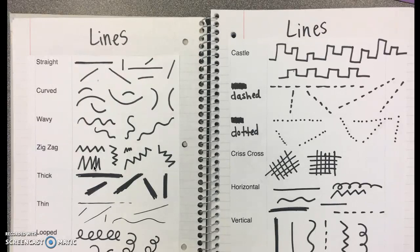Hello everybody! Let's talk about what we learned last week in art class. We learned about lots of different types of lines. In our sketchbook, we glued these 2 sheets of paper and we practiced so many different types of lines in our sketchbooks. So we're going to use those lines that we practiced and learned about to make a big work